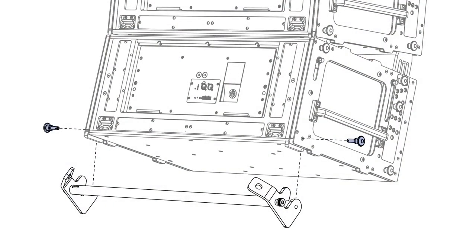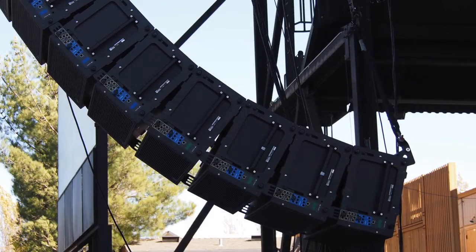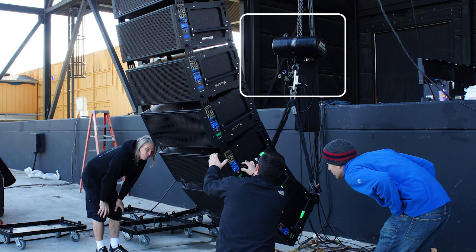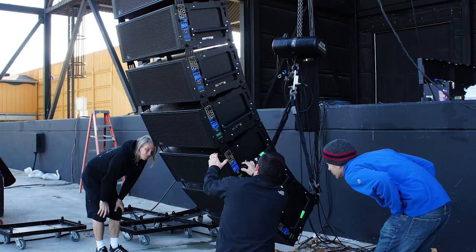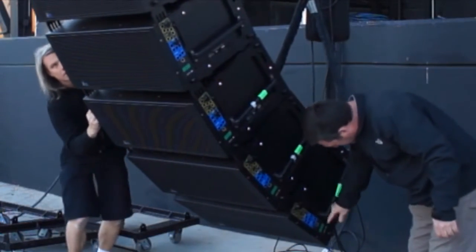The optional PBF LYON pullback frame attaches to the bottom of an array and can be used with a motor rigged behind the array for extreme down tilt. The additional motor is rigged directly above the final trim position of the bottom speaker of the array. The pullback frame can also be used to expand the array's splay angles during assembly so the locking pins can